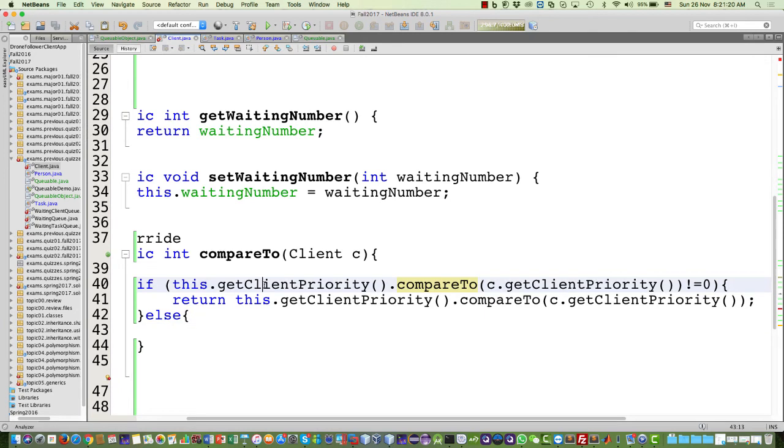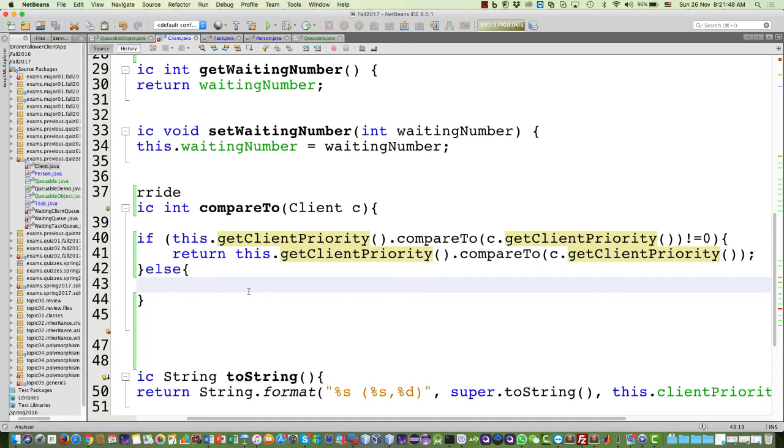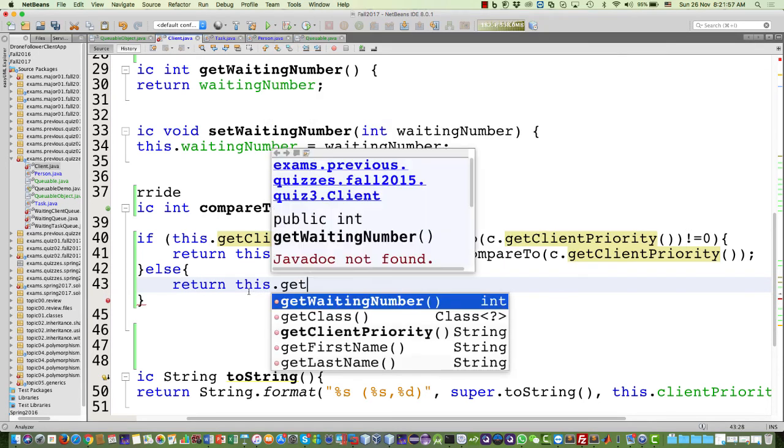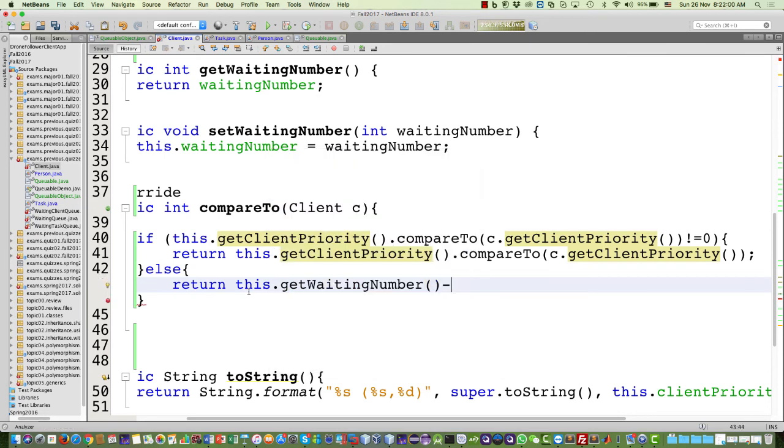Okay, so if the priorities are different, we're going to return the comparison between this dot getClientPriority and c dot getClientPriority. Is it clear? So if this priority is bigger, it's going to be positive, otherwise negative, and when it is equal, it's 0. So when it is equal, we're going to compare the waiting number. Waiting number is an int. Return this dot getWaitingNumber minus c dot